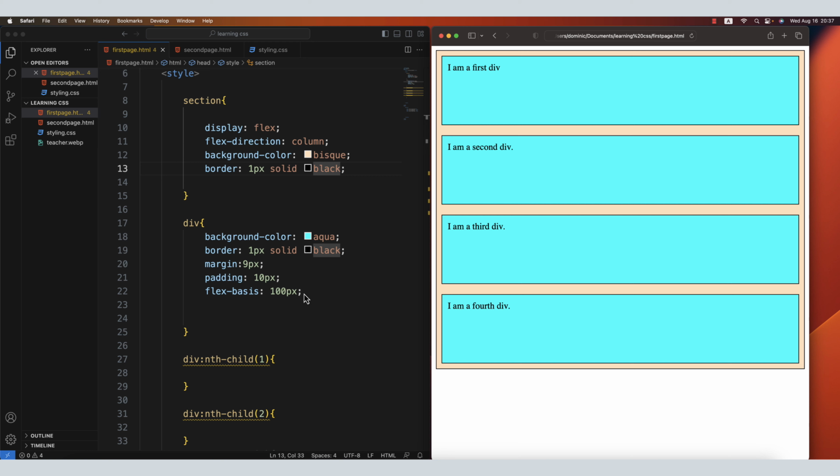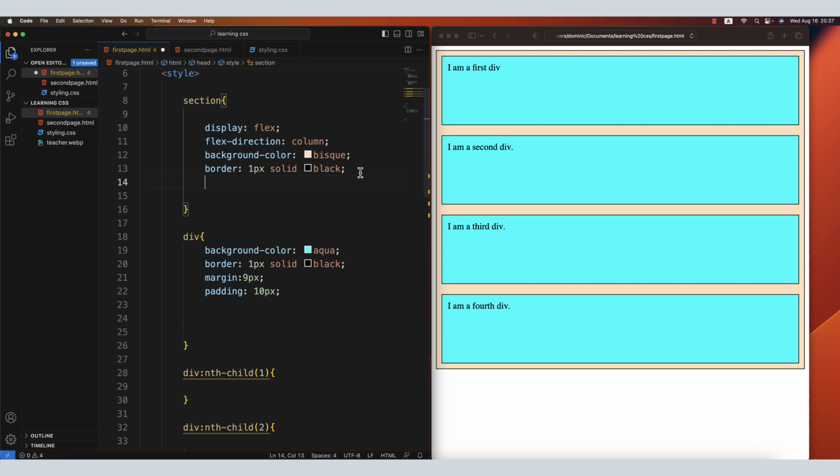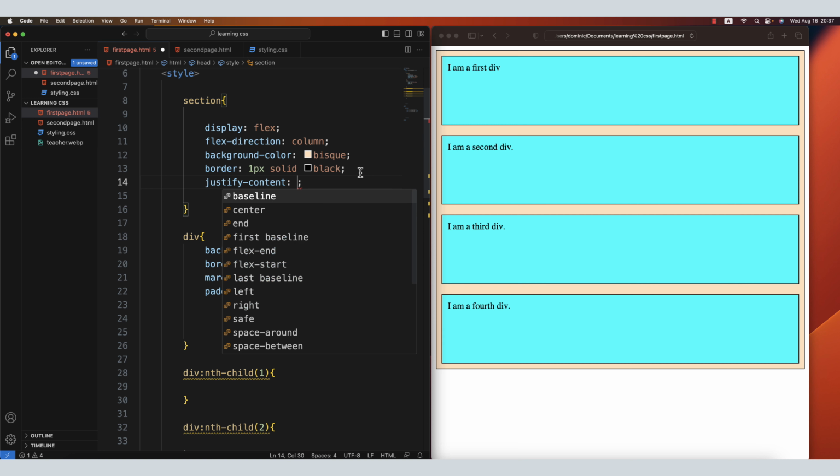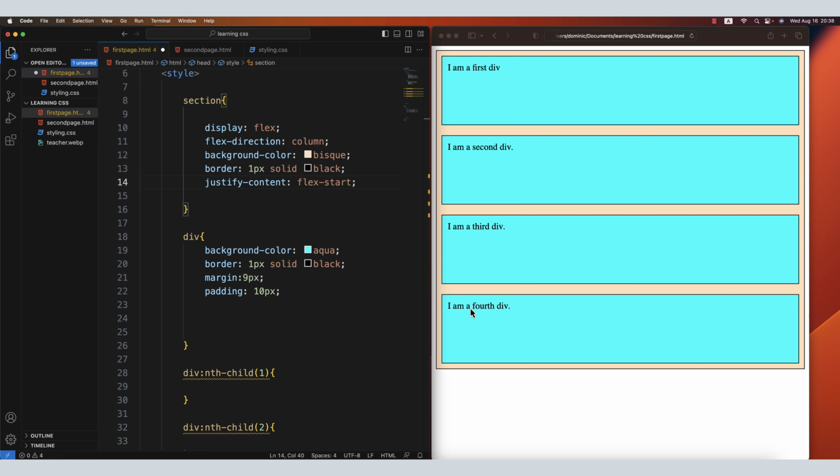So when you talk about, let me remove this flex basis on the section, for example, on the flex container. When we talk about justify content, remember initially justify content aligns the flex items horizontally, but that was because the flex direction was row. But now that the flex direction is column, justify content will now work vertically because the main axis is now vertical. So when I say justify content to be, let's say, flex start, let's save and see what that gives us